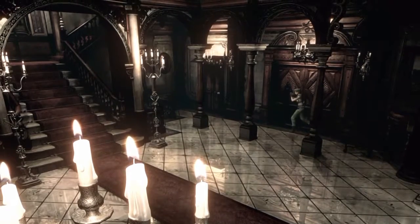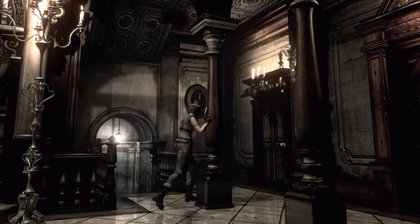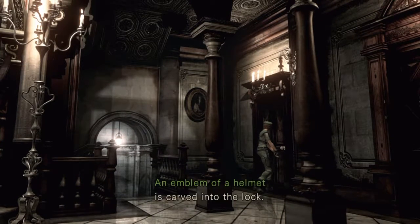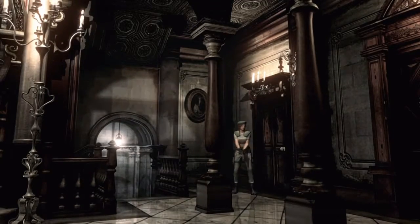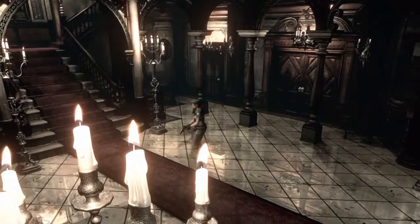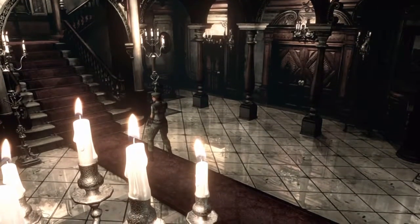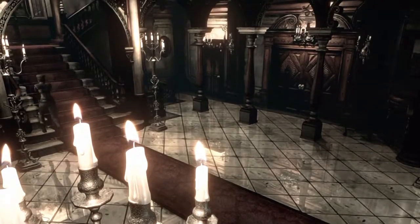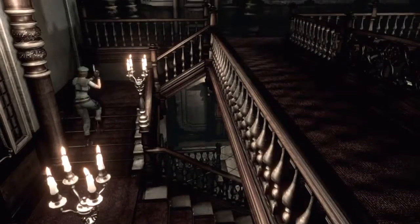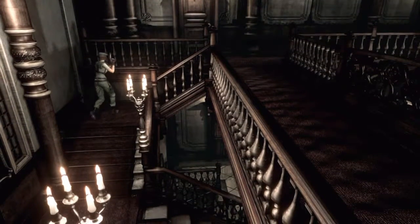Up, up, up. Yeah, that appears. And like I said, I don't do what I'm supposed to do. And here's the stairs, and in the first Resident Evil, going up these stairs would prompt a load screen. And down again because the controls are